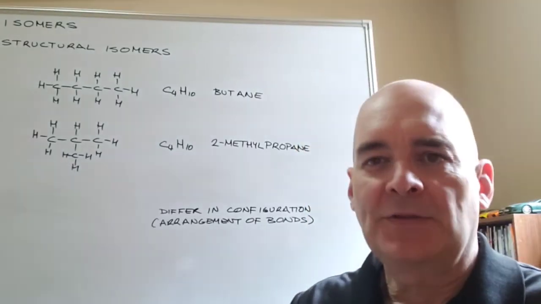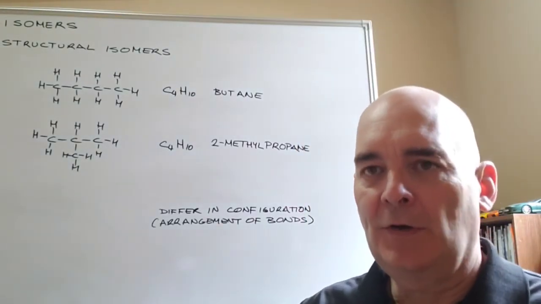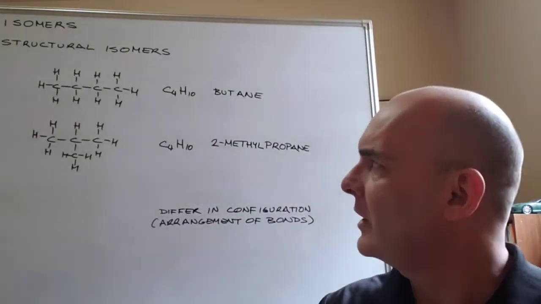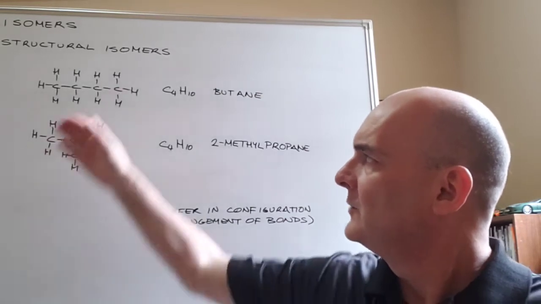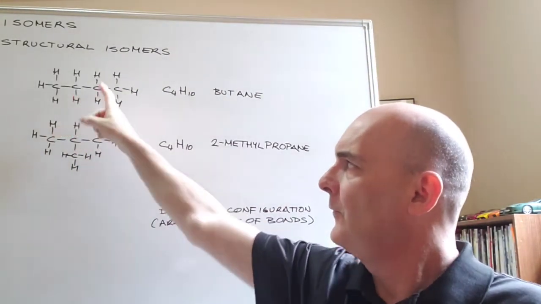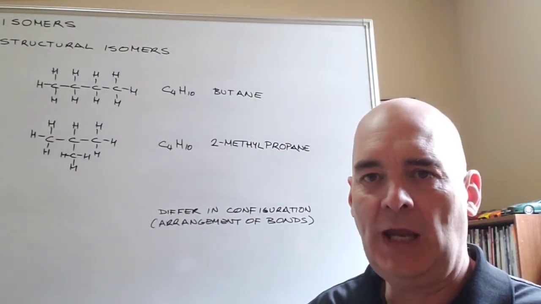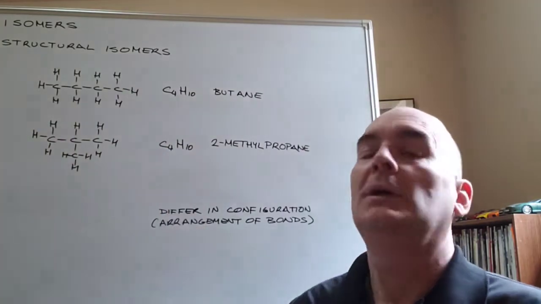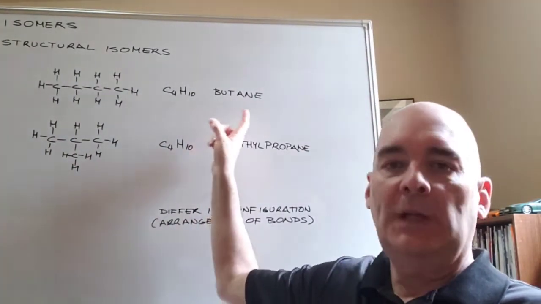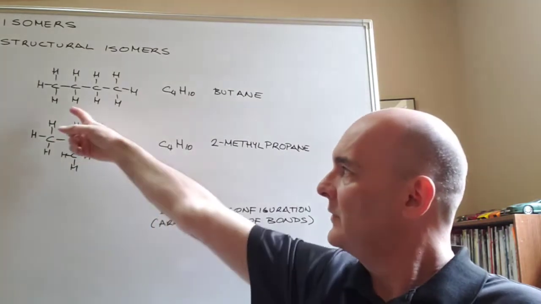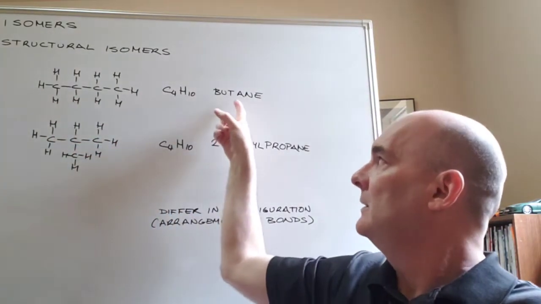Let's look at 3 different types of isomerism. The first is structural isomers. So here I have butane. Butane is 4 carbons in a chain: meth, eth, prop, but. Ane tells me only single bonds, and we count the longest chain. So this is 4 carbons in a chain, that's butane,